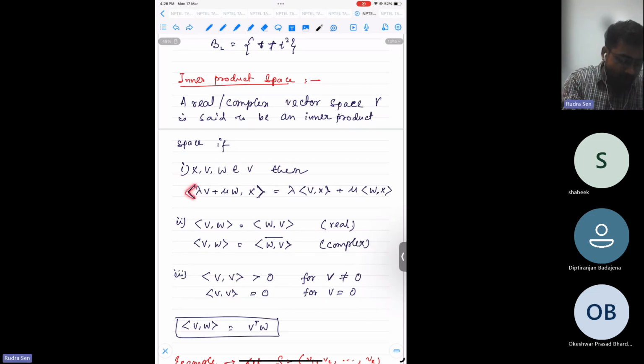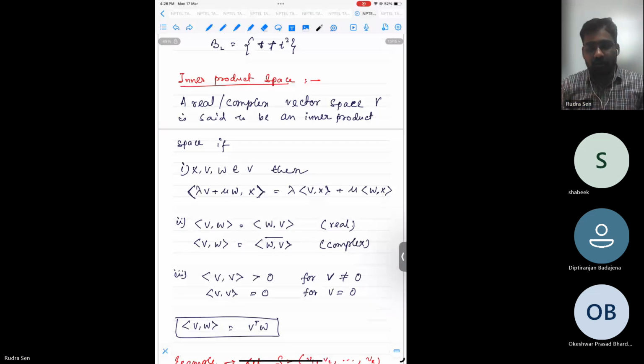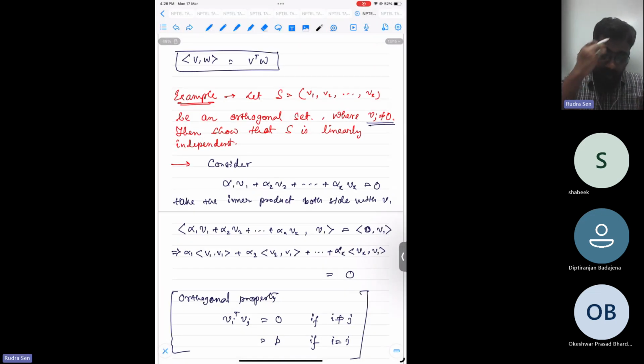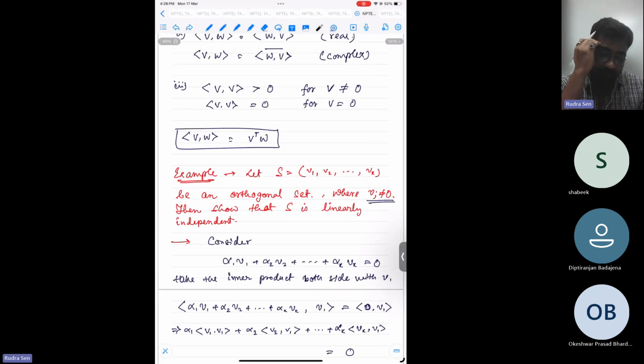This is called bracket. Okay, this symbol is called the bracket symbol. So these are the 3 axioms that need to be followed for a space to become an inner product space, and they also satisfy the vector space rules. And here I have already mentioned that obviously, when we were